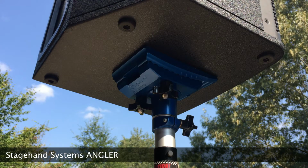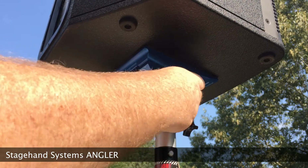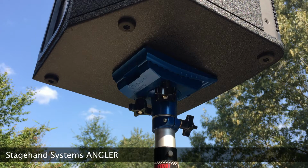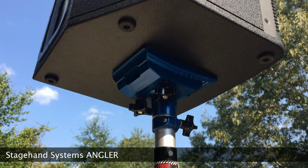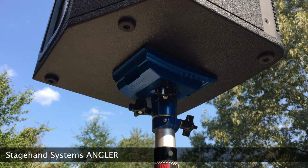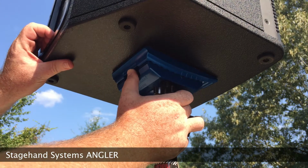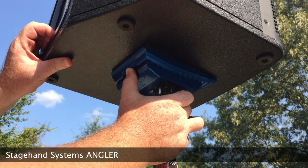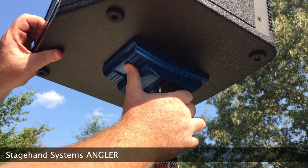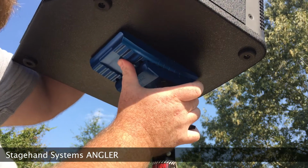So I just wanted to go through and demonstrate how relatively easy it is to adjust while a speaker is sitting on this. I don't think Dave designed these primarily to be adjusted while a speaker is on top of them, but it's possible and it's not very difficult with a lightweight speaker. We're sitting at 4-degree tilt, which is all the way forward. It's relatively easy to adjust this down by lifting with your thumb at the back and sliding it back a notch. You can do that pretty easily